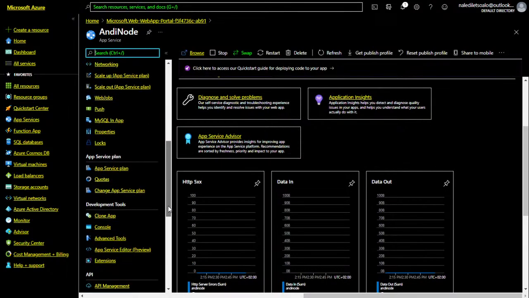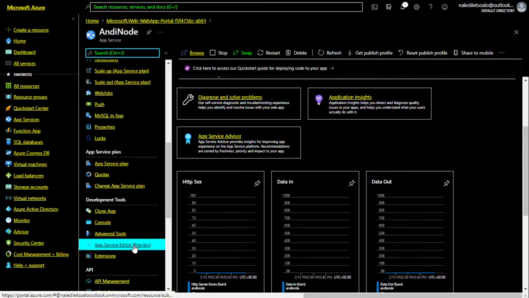And development tools. Oh, app service editor in preview. So I think it might not be so much with the deployment that you have. What I would suggest is take it down, delete it, and set it up again the way we have set it up right now. All right.